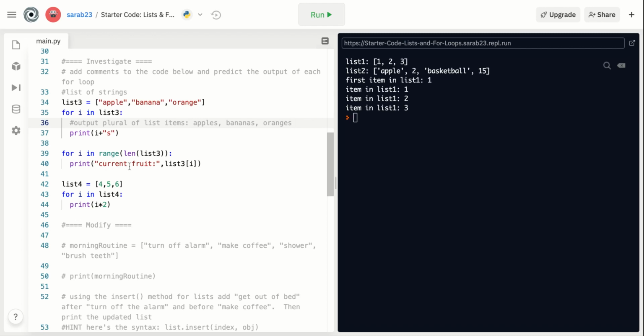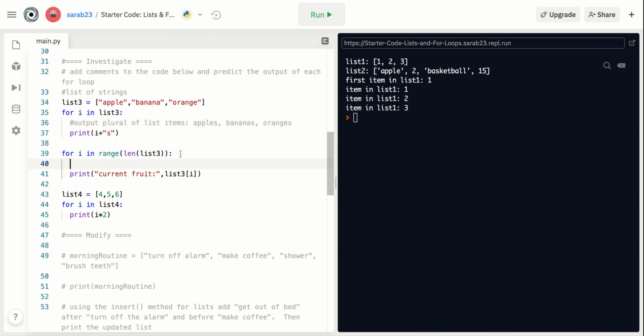It's going to print current fruit and then list and the index value, which you might think if it's counting 1, 2, 3, then won't this not work? We won't get apple. Well, you're right. So really it's counting 0, 1, 2 because that's 3 values. So I think this is going to print output